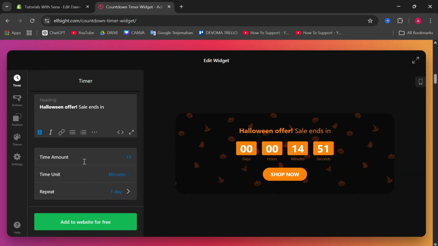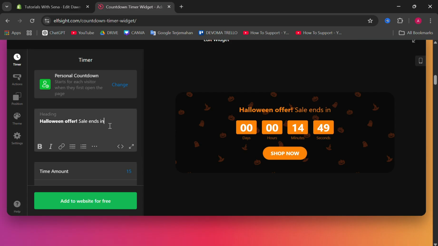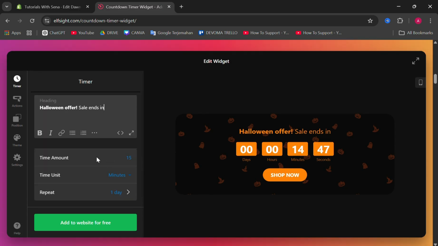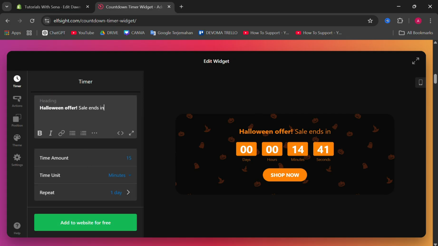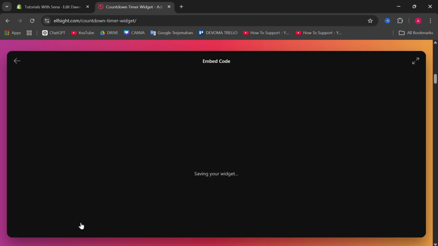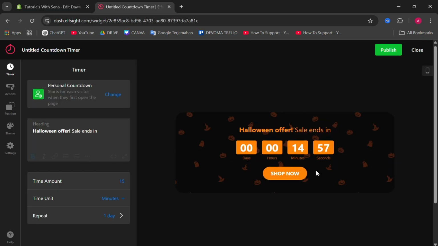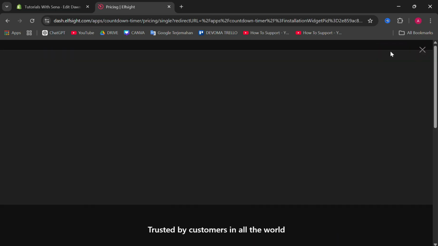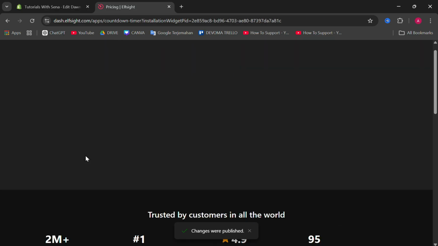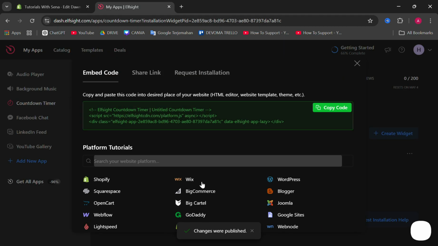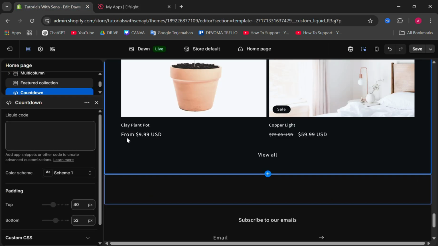and then you can set the text. You can customize the text, and yeah, you can modify here. You can do whatever you want. So you can just click add, and this is the preview, and then you can just click publish here, and then you can select the plan. I'm gonna choose the free one, and now you can just click copy code, and then go back again to